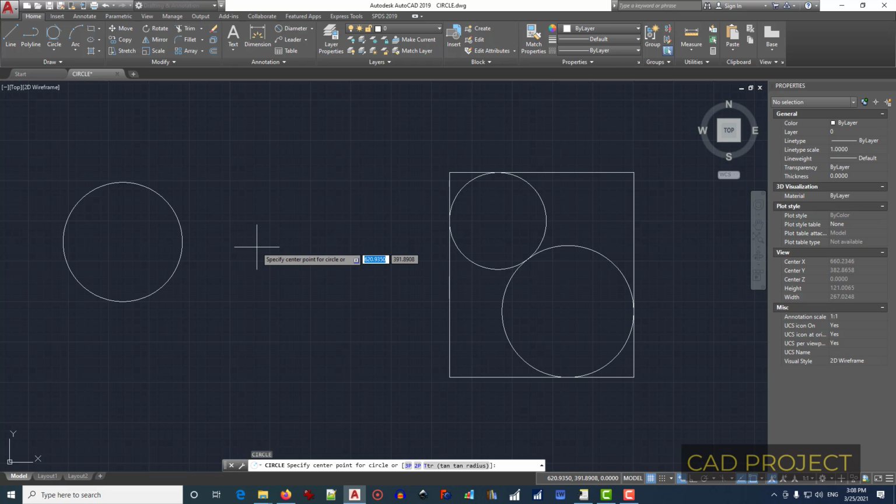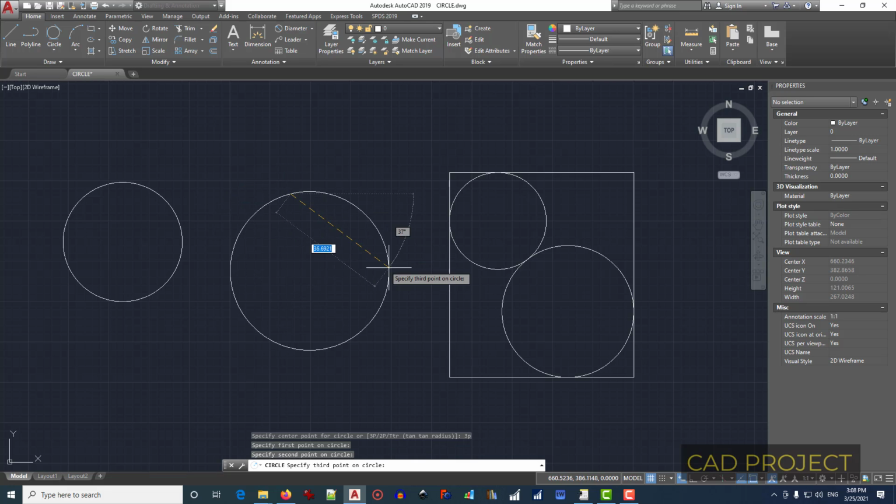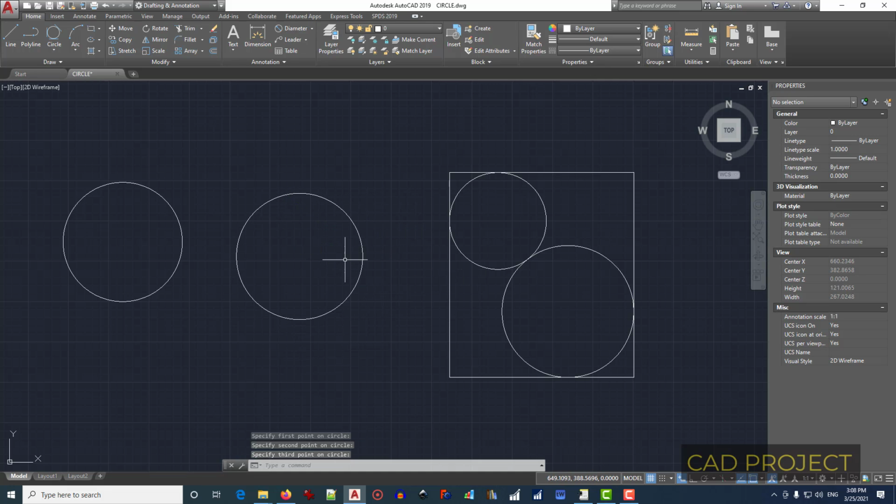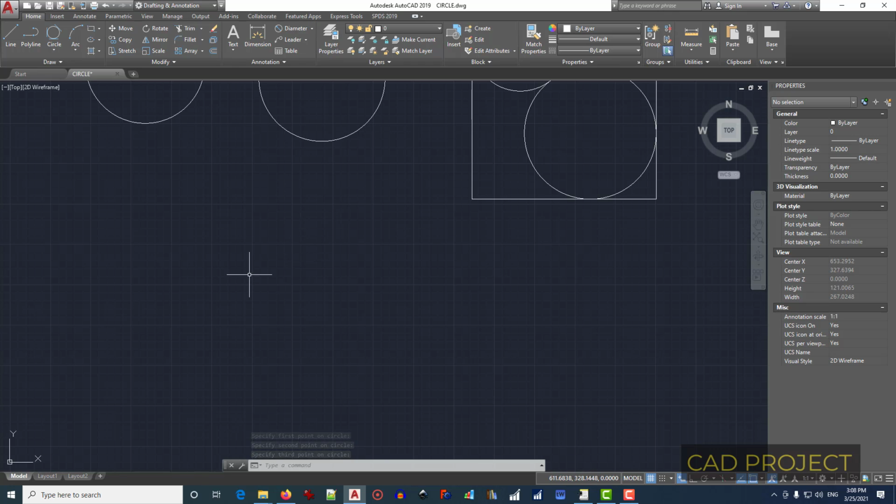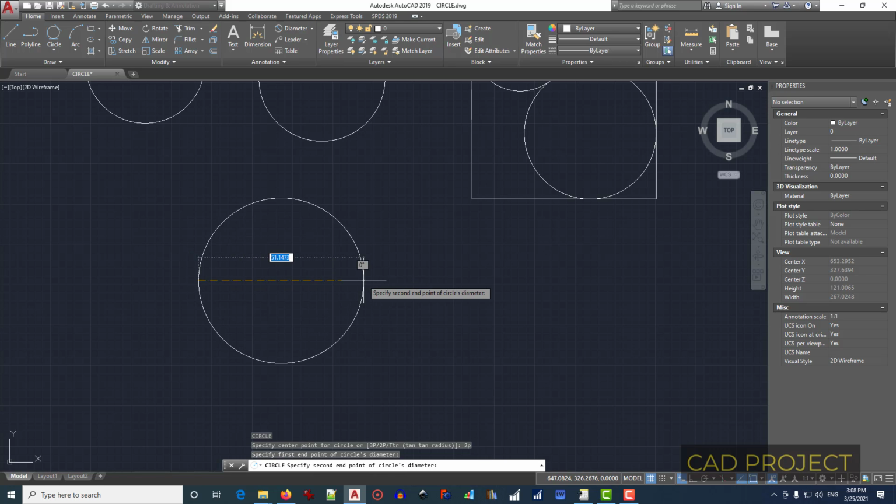Let's suppose we want to draw a 3-point circle. We type 3P, press enter, select the first point, the second and the third. As you can see, the size will be determined of the third point. Let's go further. Type C, press enter, choose this time 2P, press enter, specify the first point and the second